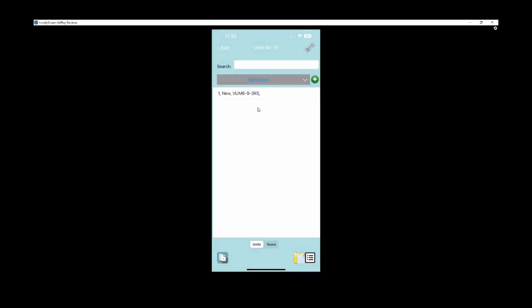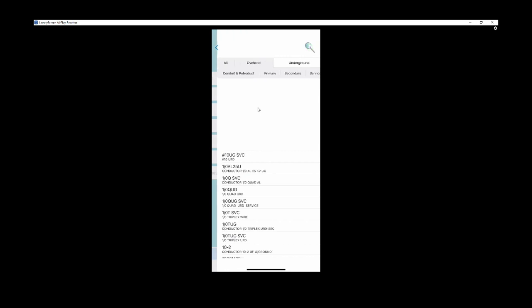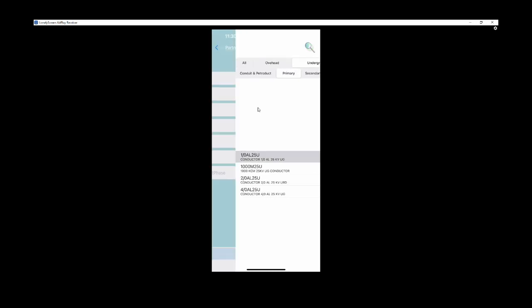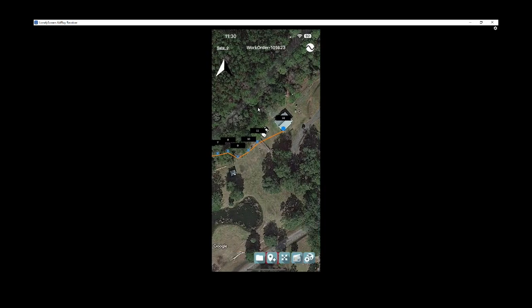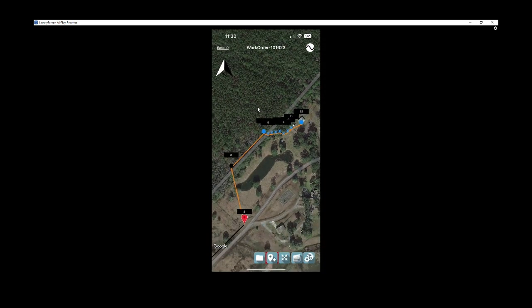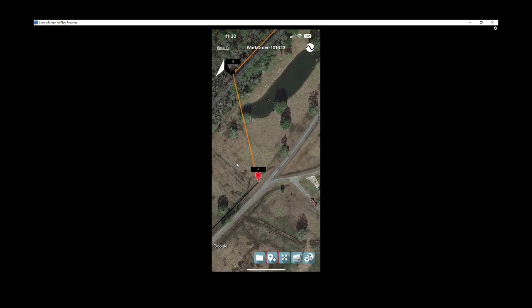Miscellaneous, there we go. Let's just do a riser. Good enough. So we'll hit add. We added a VUM6 there onto that. Oh, and we probably want to add some span as well because we streamed underground. So let's go ahead and add some underground line. 1/0 aluminum. Add that on there. Okay, we're done. We came off of our existing line and we built some new